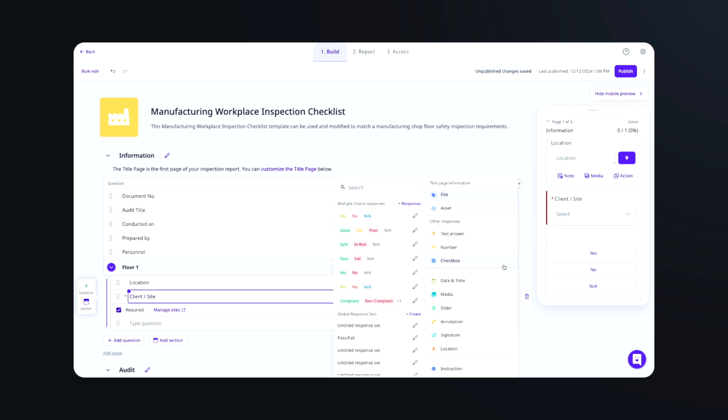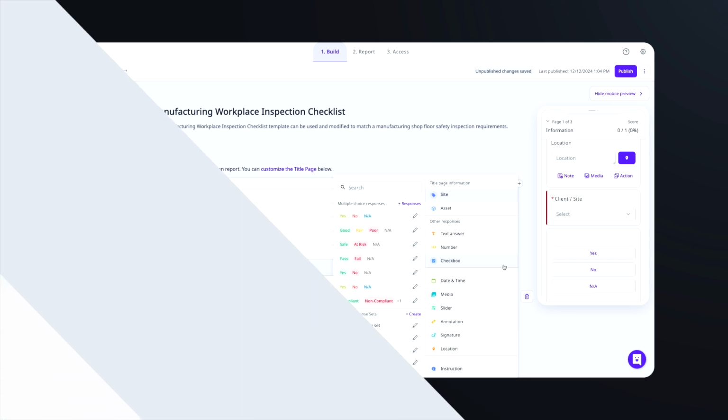And below them are other types of responses you could use for the template. You could use response types like numbers, media, and even instruction, which is great for communicating SOPs or describing gold standards to your team. One important thing to remember here is to stay away from using the text answer as much as possible, because insights from text responses are difficult to track later in analytics. If it is possible to use a multiple choice response set, we expect you to use it.